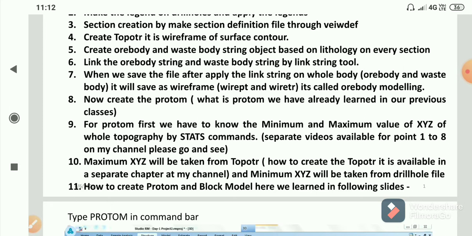For getting the minimum and maximum XYZ, the command required is the STATS command.